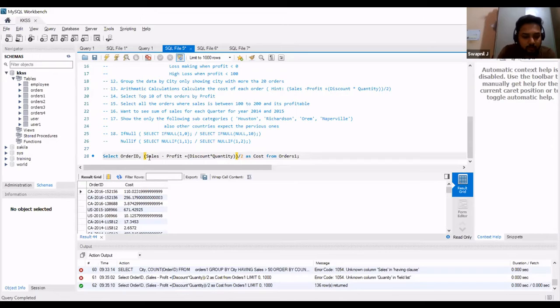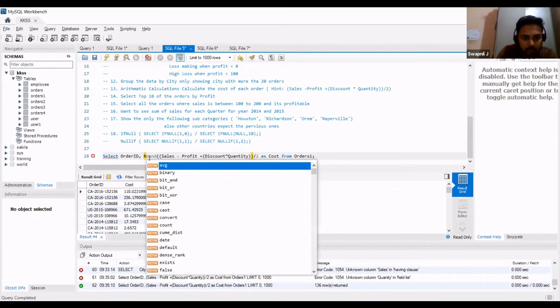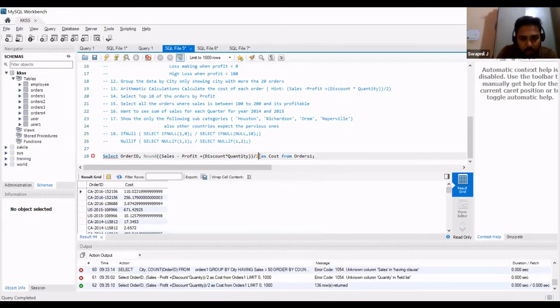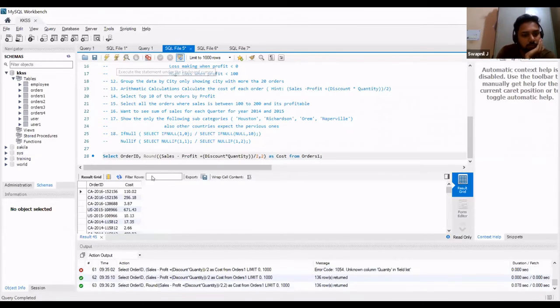So you can just give round, then your first argument, comma, 2. And now it's 2 decimal places. Thanks.